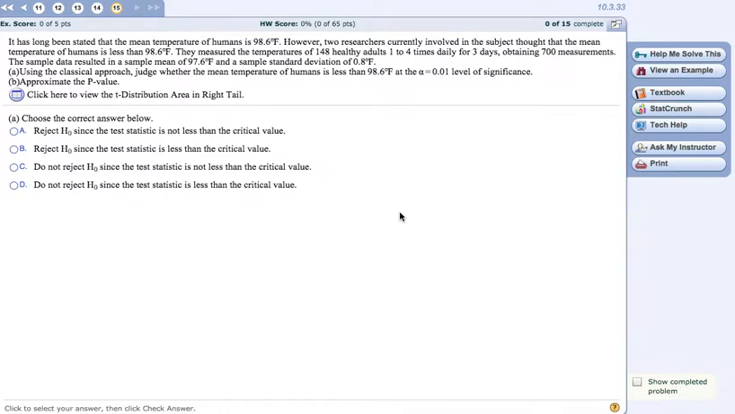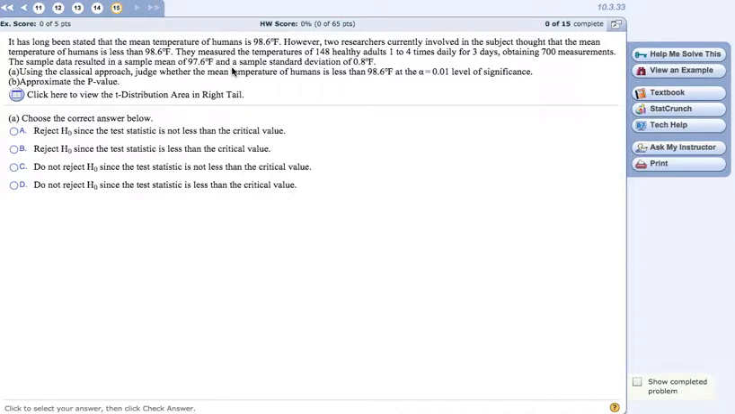We're going to be going over this problem. Basically, the temperature of people is thought to be about 98.6 degrees Fahrenheit, and then there are these researchers that think it's less than that. So they go ahead and measure the temperature of 148 adults and get a total of 700 measurements, and they